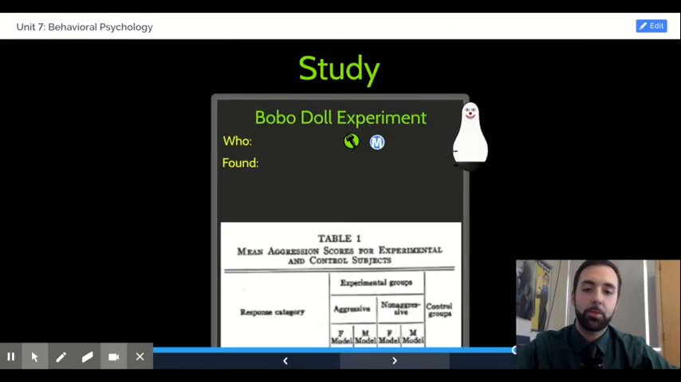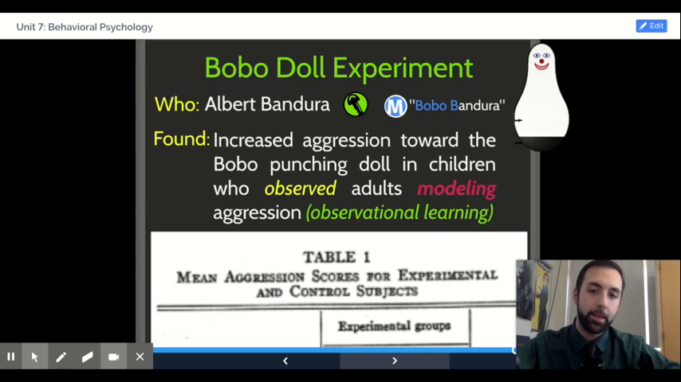The key psychologist responsible for studying observational learning and all the various synonyms, social learning, social cognitive learning, vicarious learning, is a gentleman named Albert Bandura. Bandura is going to get a green key psychologist icon. The mnemonic associated with his last name is Bobo Bandura. It'll make a lot of sense in just a little bit where that mnemonic is coming from. What Bandura found is that